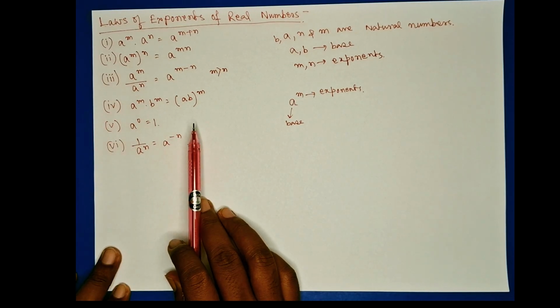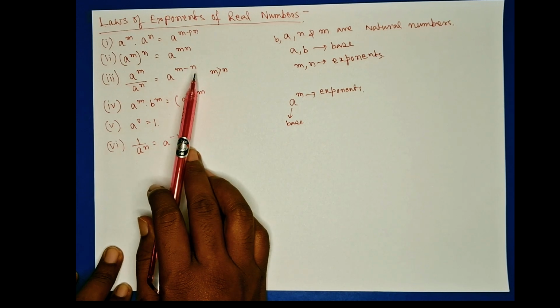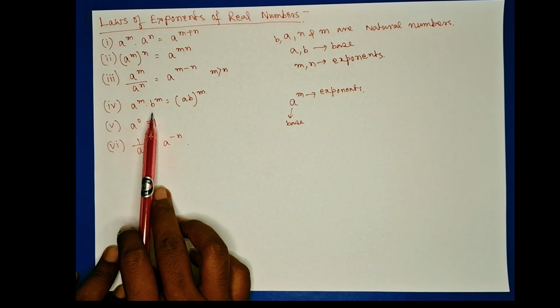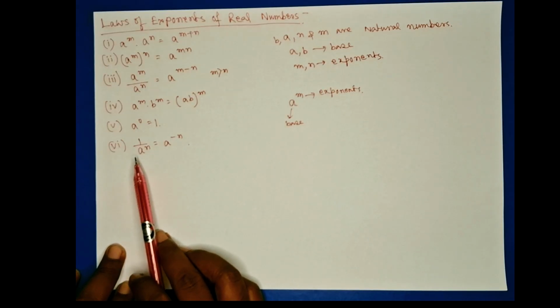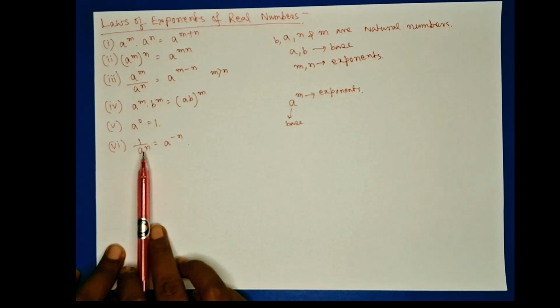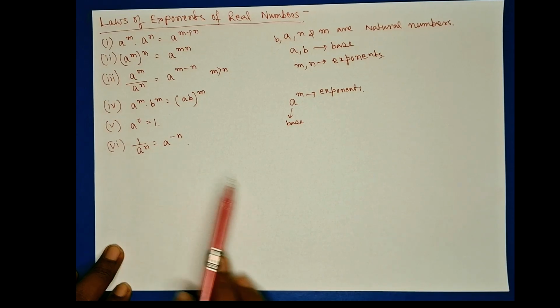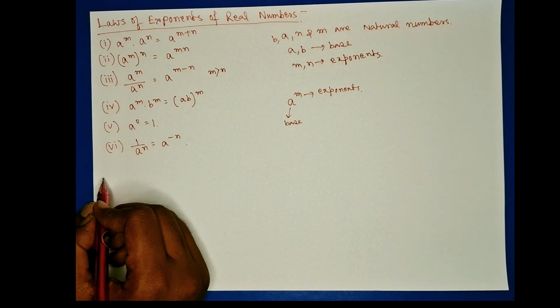And the third one is a to the power m by a to the power n is equal to a to the power m minus n. And the fourth one is a to the power m into b to the power m is equal to ab whole to the power n. And a to the power 0 is equal to 1, and 1 by a to the power n is equal to a to the power minus n. These formulas you have to remember, and I am taking some examples